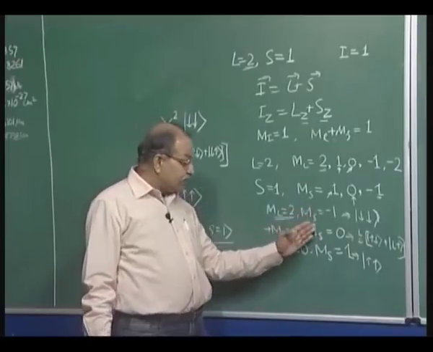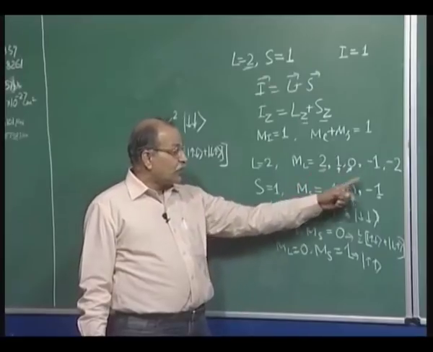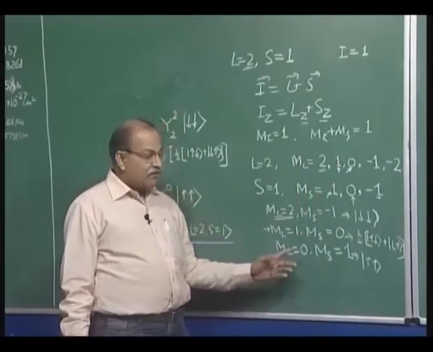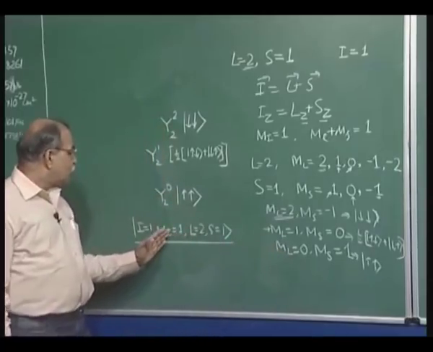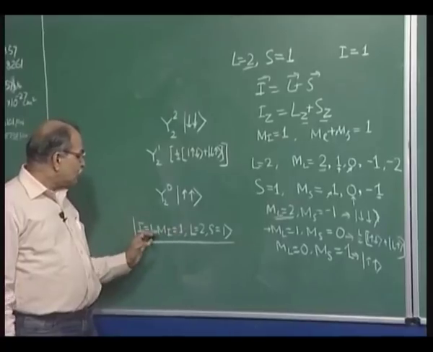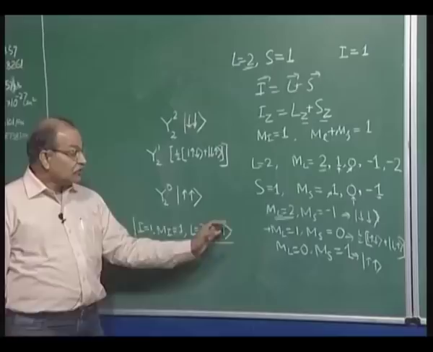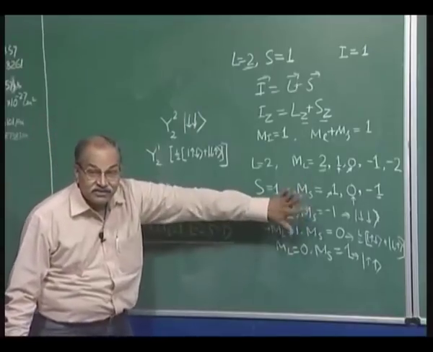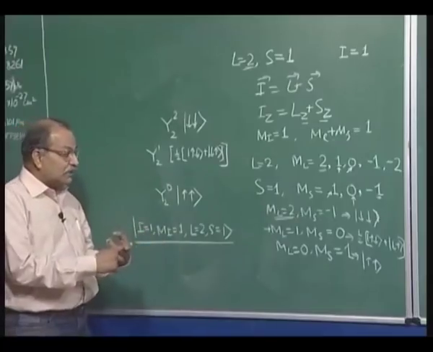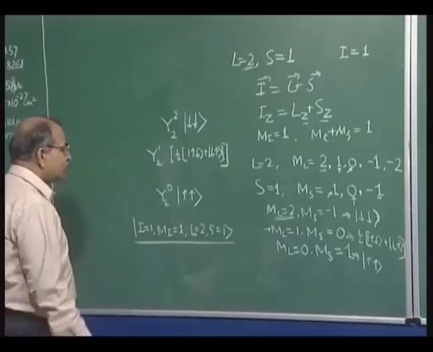And where did I write these from? These were written to make that capital I equal to 1, which combinations will make capital I equal to 1. So, the wave function capital I equal to 1, capital mi equal to 1, with L equal to 2 and S equal to 1 will have all these 3 combinations. Okay. So, that comes under how you couple these 2 angular momenta, Clebsch-Gordan coefficients and all that,